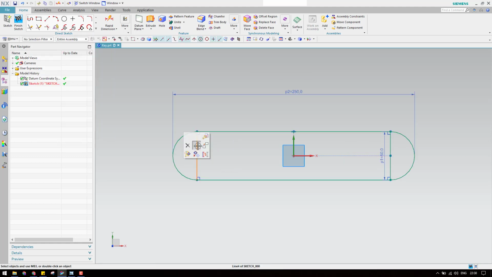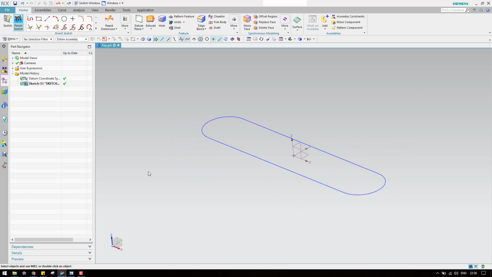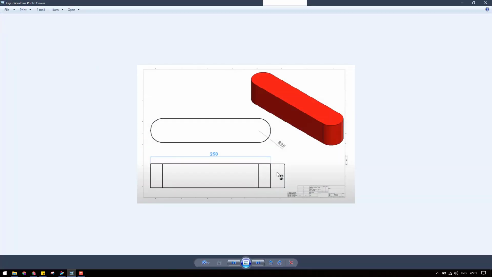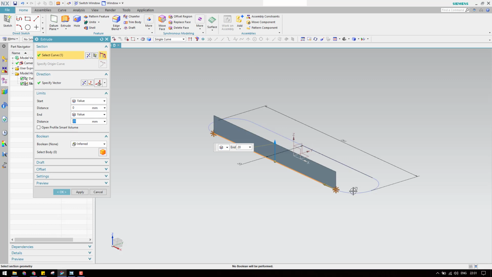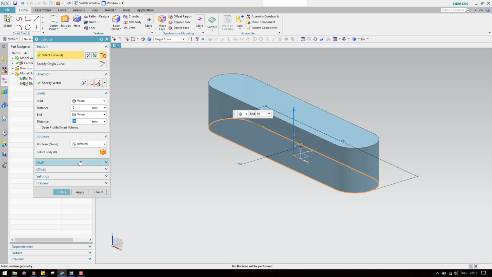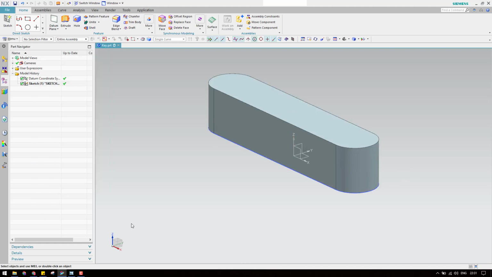And now we can make this a construction curve. So this is all. Just finish the sketch and extrude it up to 50 mm. So go to extrude and select all this and give it as 50 and click OK. So let us save this part.